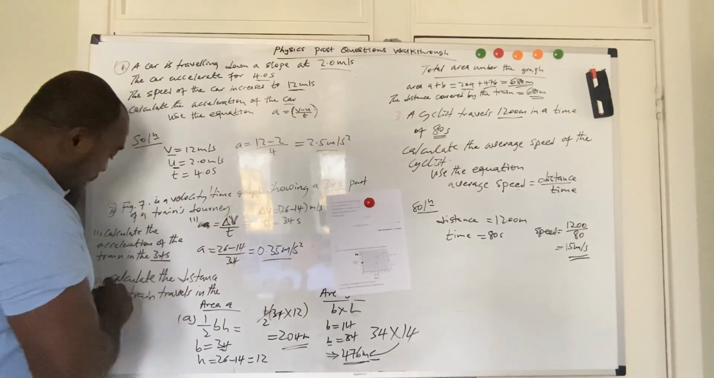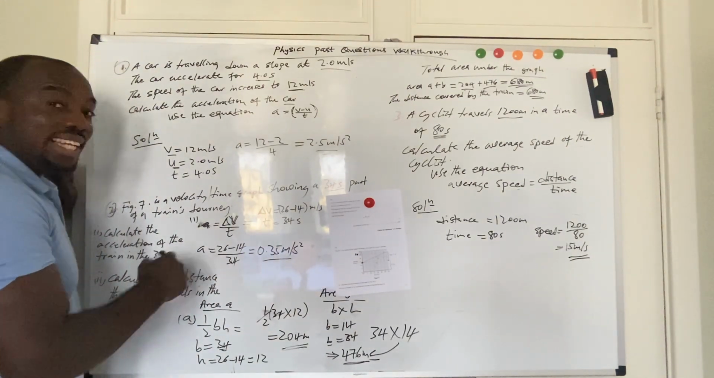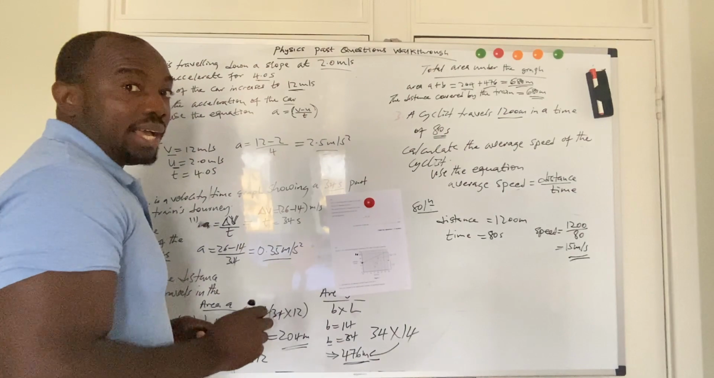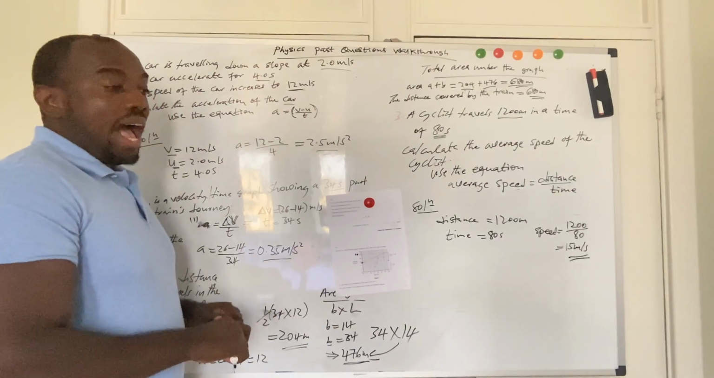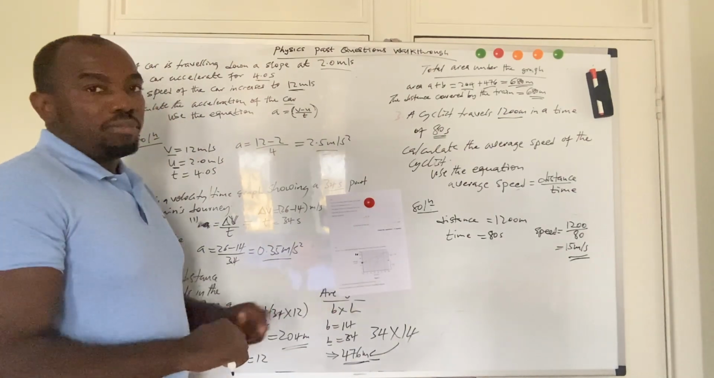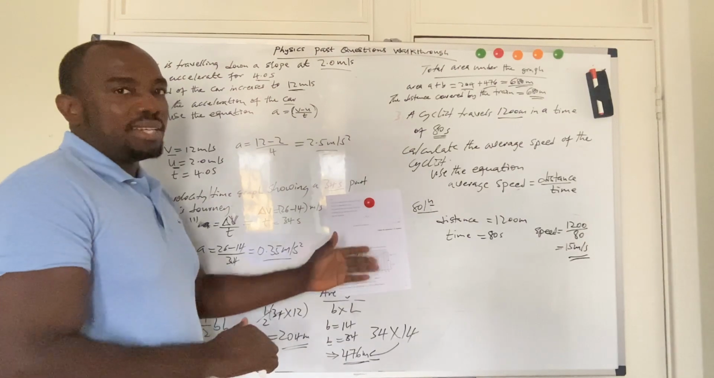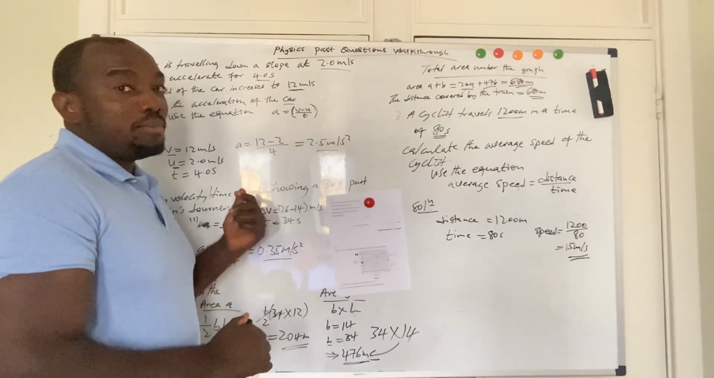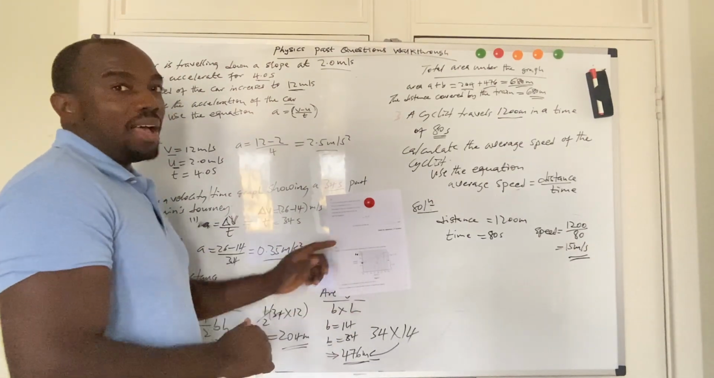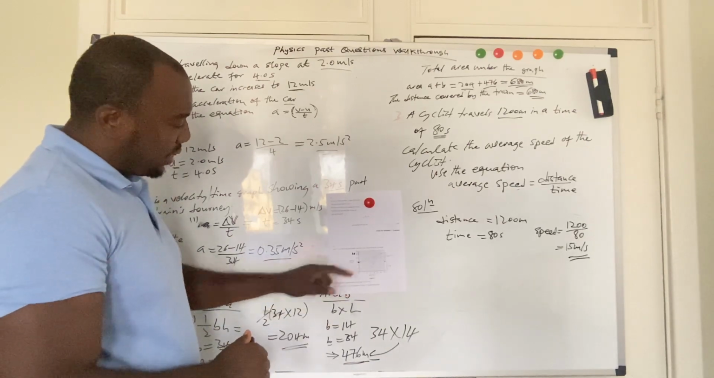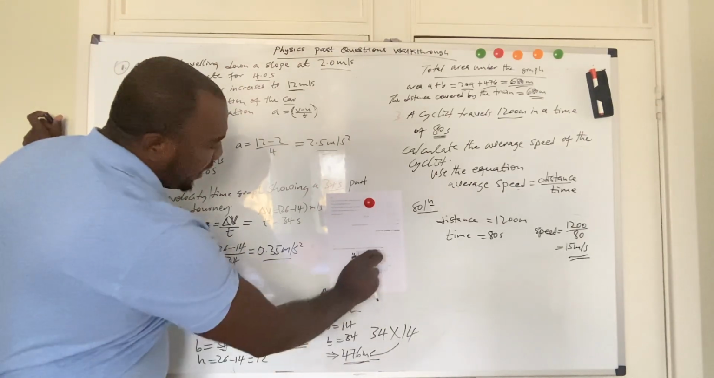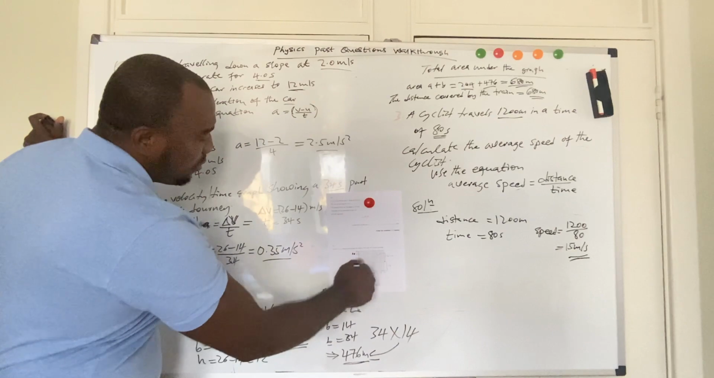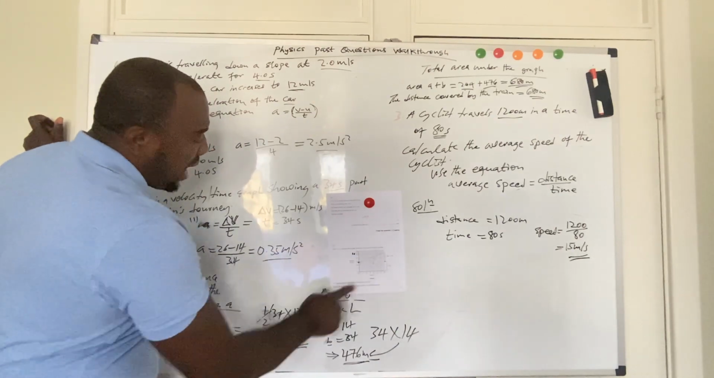Here we are calculating the distance. Now we know that the distance under a velocity time graph is the area under the graph. So what it means is that we have to find the area under the graph. If you look at this graph here, we have this whole part of the graph representing the area covered within